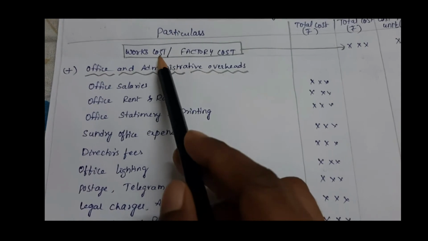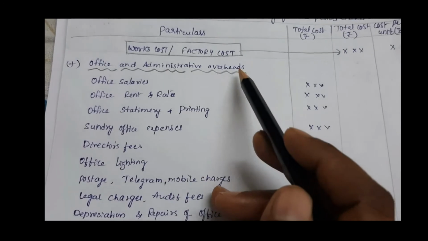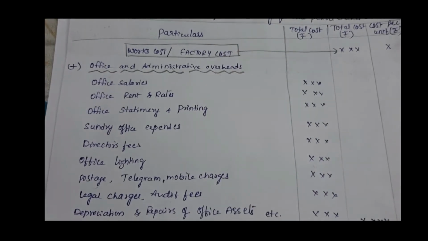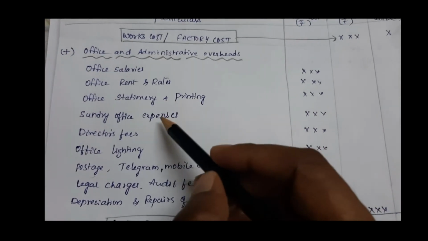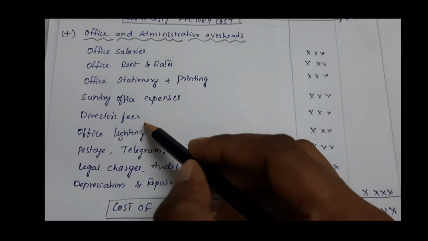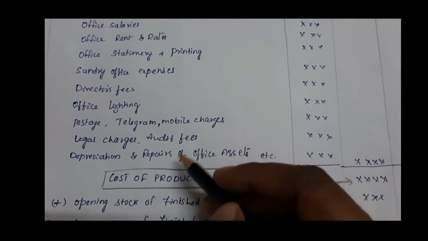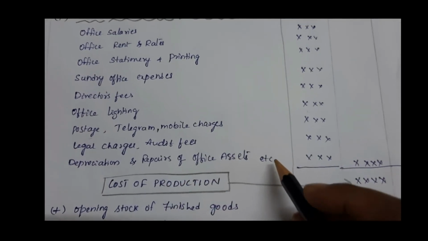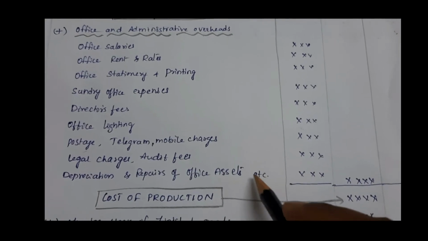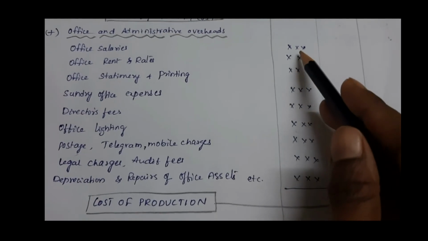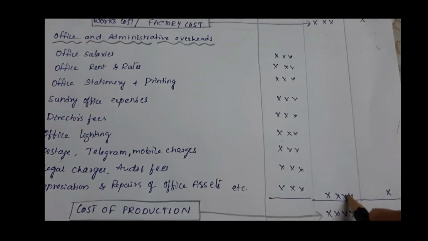And after getting works cost or factory cost, we should add office and administrative overheads here. Office salaries, office rent and rates, office stationery printing, sundry office expenses, director's fees, office lighting, postage, telegram, mobile charges, legal charges, audit fees, depreciation and repairs of office assets, etc., which means any other office or administration related expenses will be written here, and we should take the amount in the inner column and make the total